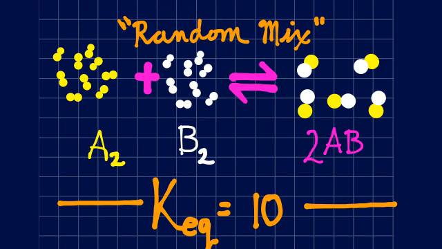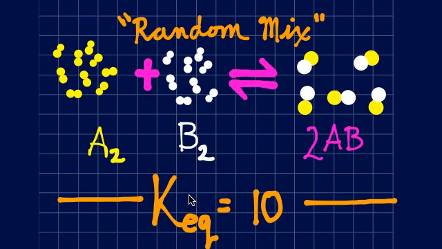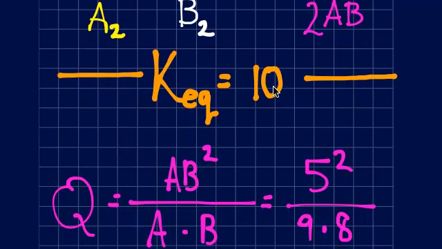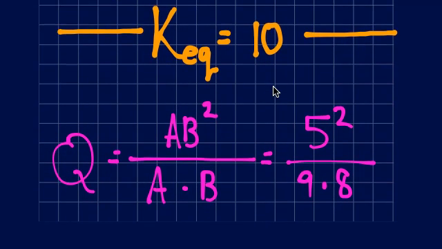Oh my goodness. This clip is an extension of the previous one with Q, where we found that if I had 9 A2's (1, 2, 3, 4, 5, 6, 7, 8, 9) and 8 B2's in an equilibrium with 5 AB molecules, given the equilibrium constant of 10, which way will the reaction go? Is this reaction currently at equilibrium? Did a little calculation. We found Q to be